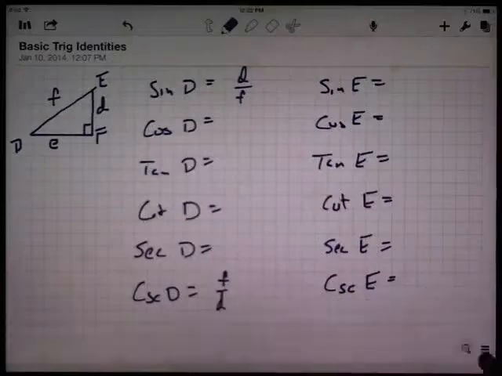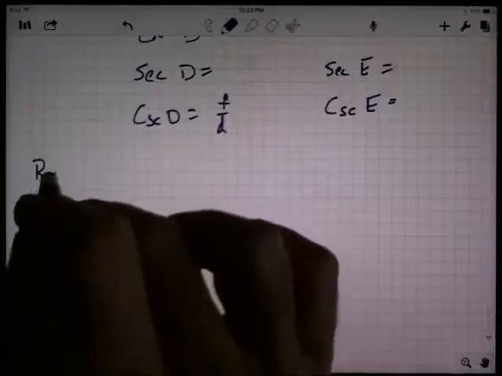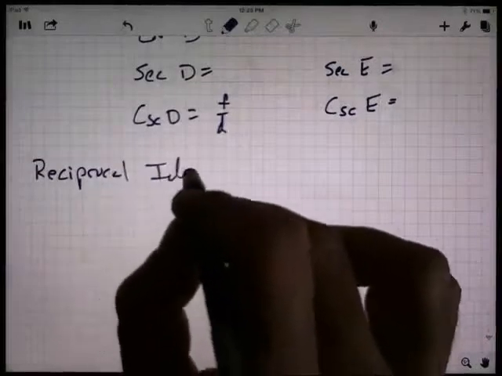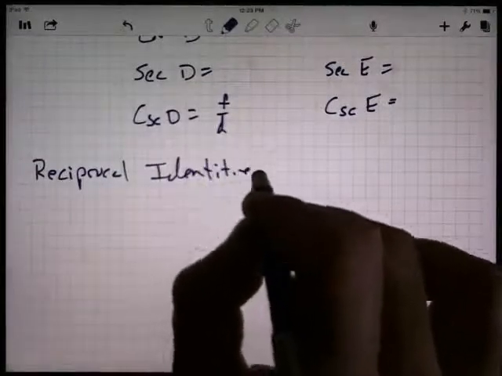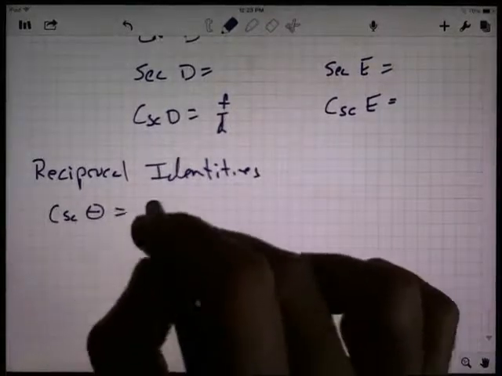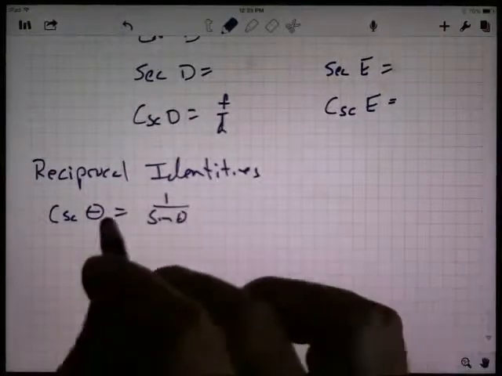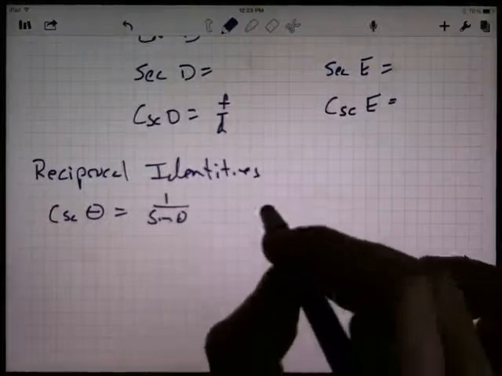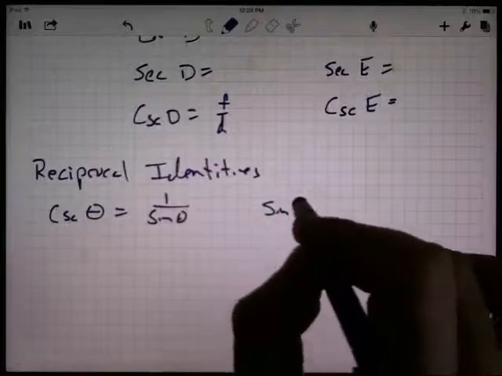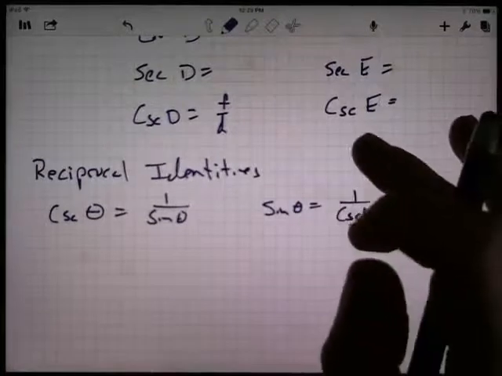Well, that's an identity. Let's make that official right down here. I'm going to have these things called the reciprocal identities. And the first one I notice is that the cosecant of any angle is equal to the reciprocal of the sine. Right? If the cosecant is the reciprocal of the sine, it is true that the sine is the reciprocal of the cosecant. So really, I think this is two different identities. I'll write the other one down over here. Sine of theta is 1 over the cosecant of theta. Okay? And likewise,